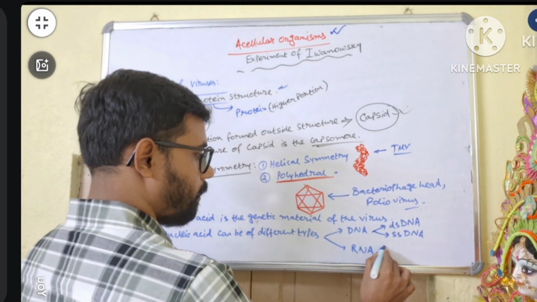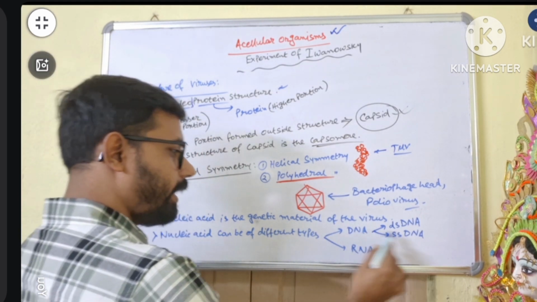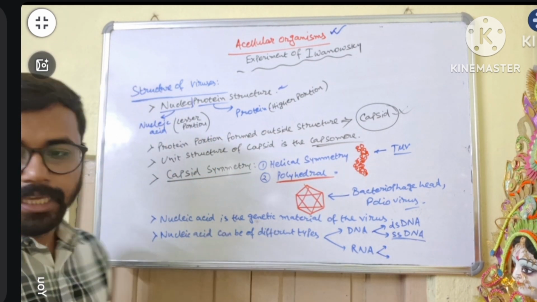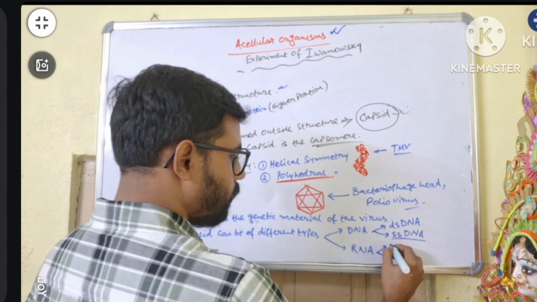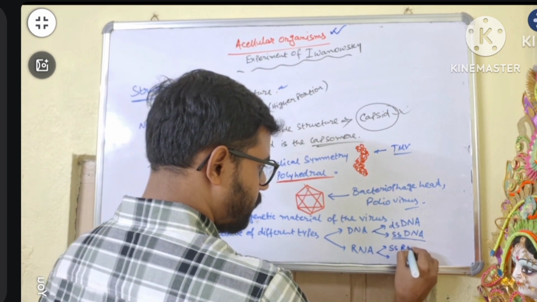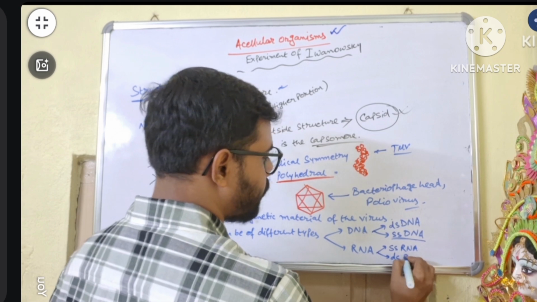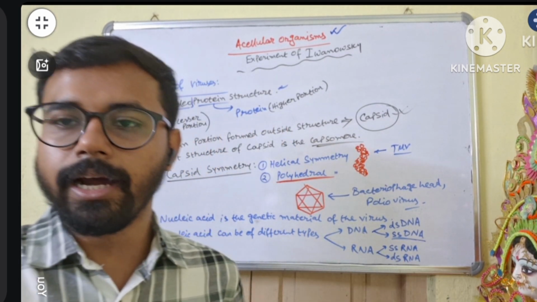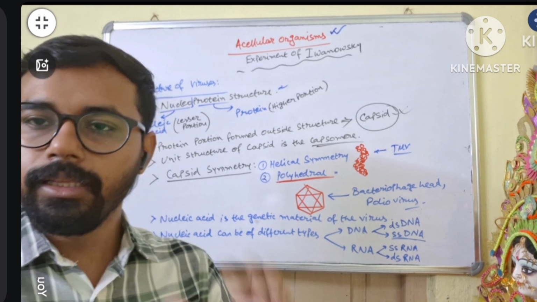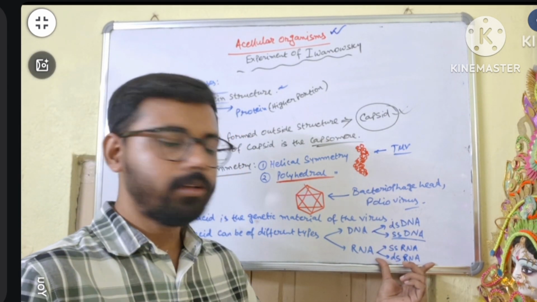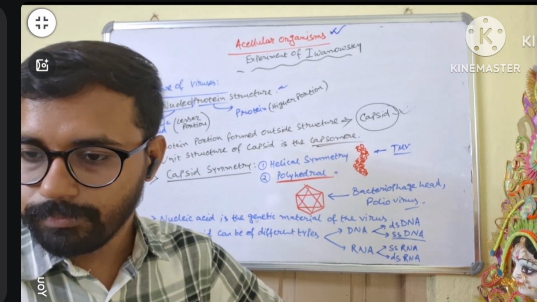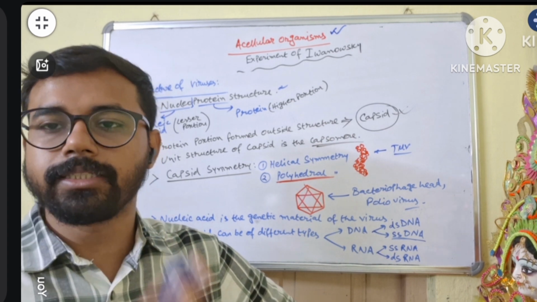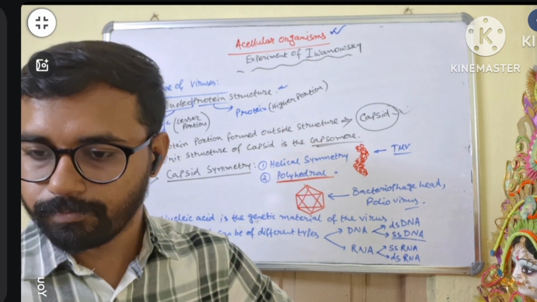Viruses can contain DNA and also RNA. Even DNA can be of single strand type, that is another uniqueness. And RNA also has different types. Some viruses contain single strand RNA and many others contain double strand RNA. Now look at that, double strand RNA, another unique feature. Normally RNA remains in single strand form, but in some cases RNA viruses contain double strand RNA also. Clear? So a variety of types of nucleic acids can be found in viruses.